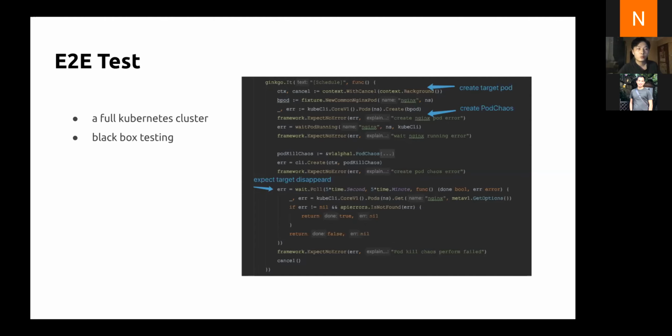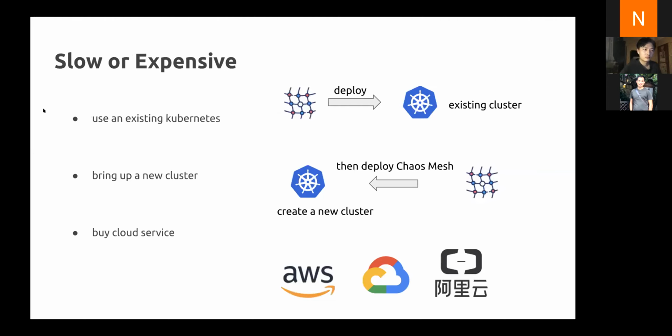And finally, we simulate the operations from users and check the results they would expect, by code. So to run an E2E test, we have to deploy Chaos Mesh on Kubernetes and make the test application connect